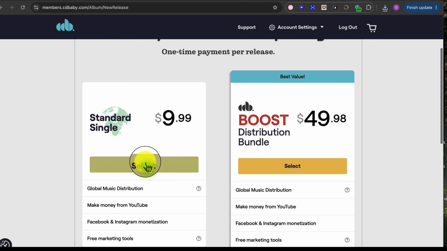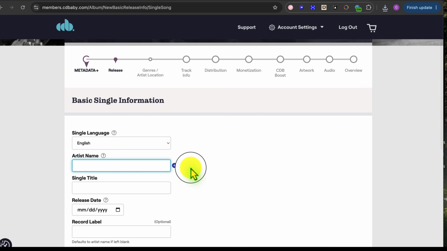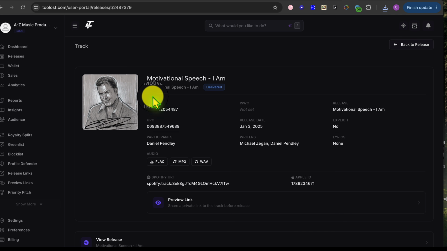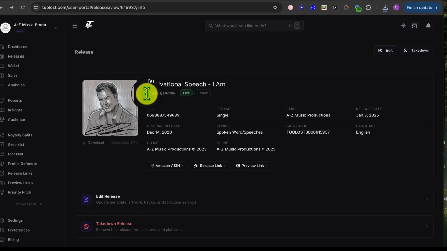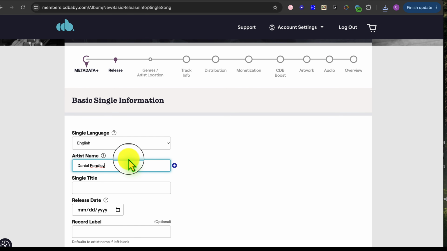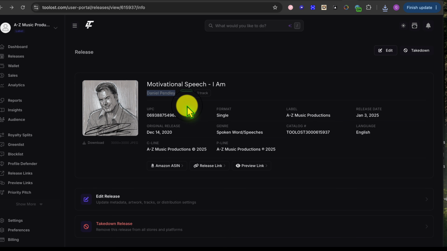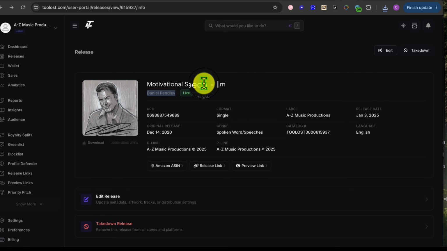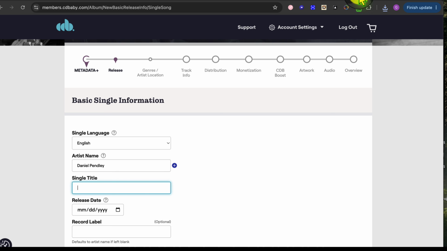This is a one-time payment of $9.99. We're going to add the artist. Now this is where a lot of people might mess up, and I think it's very important to learn this. And it's as simple as highlighting and copy-pasting. Just like if you're going to send someone a Bitcoin address or something, you really want to make sure that everything matches up from the title to the artist name, and you don't want to change anything in between,